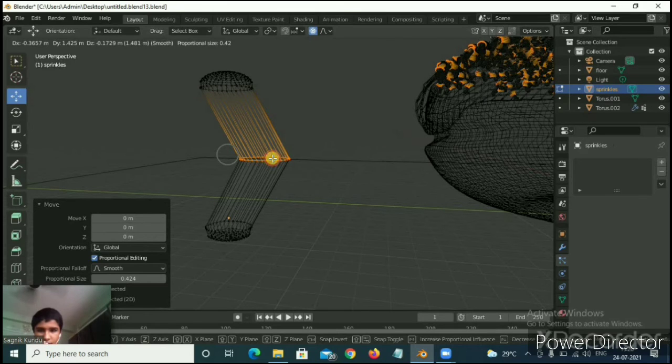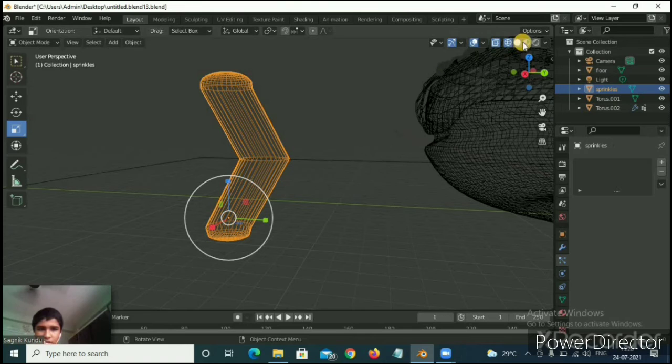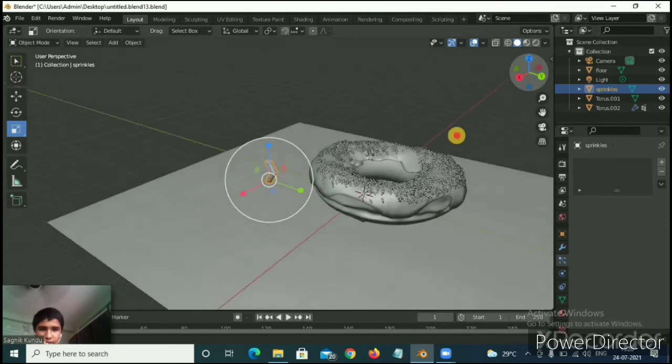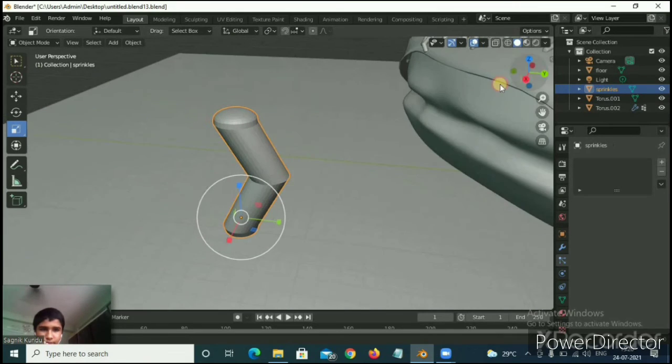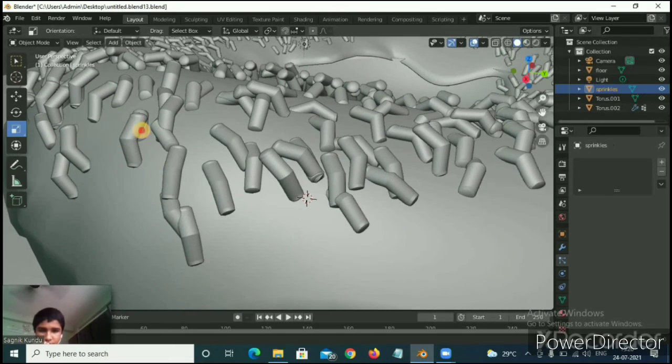Okay, so then go to the object mode, disable the wireframe mode, go to the solid, and then you can see the sprinkles are not in a straight line.